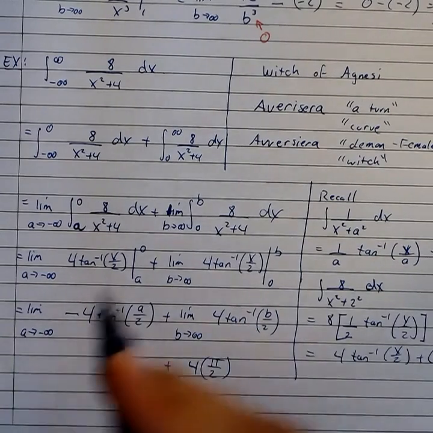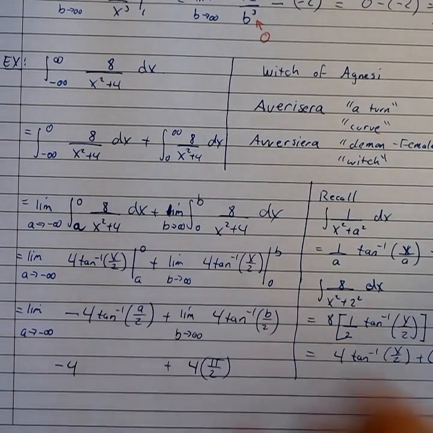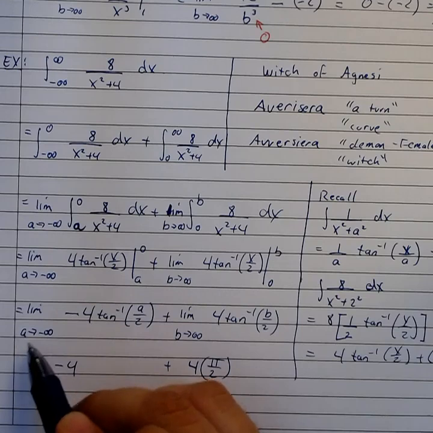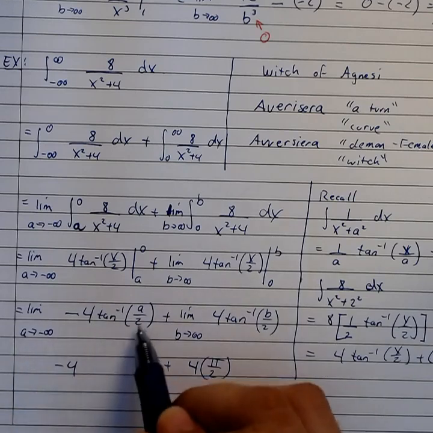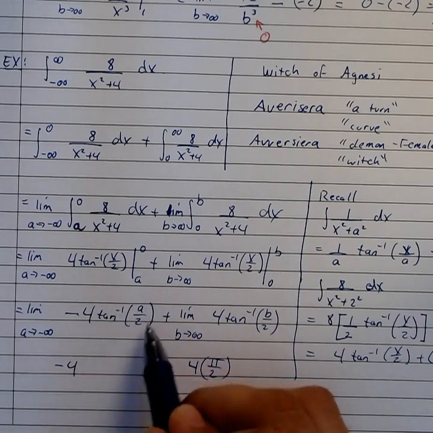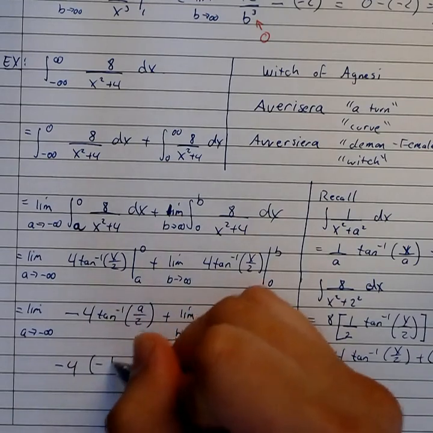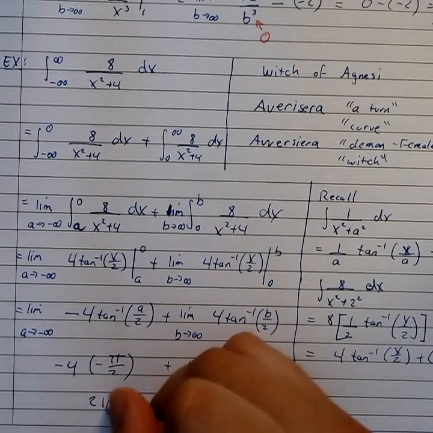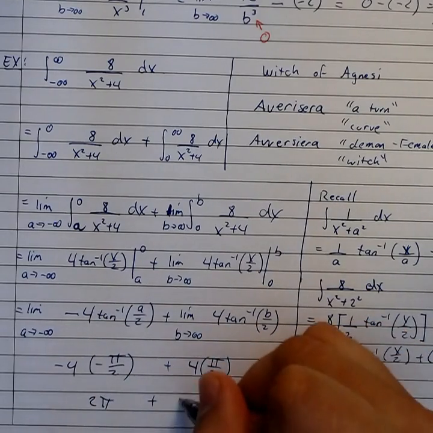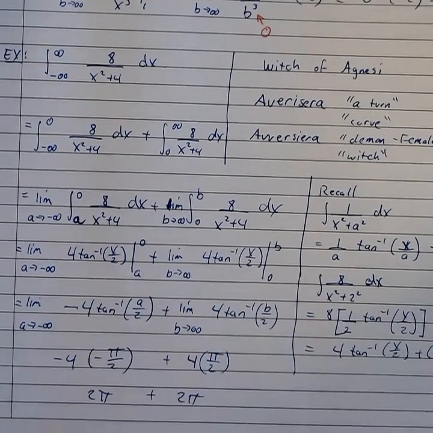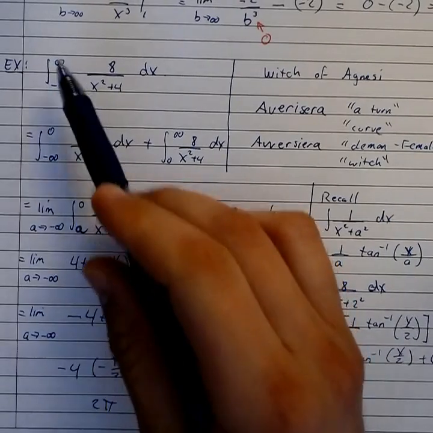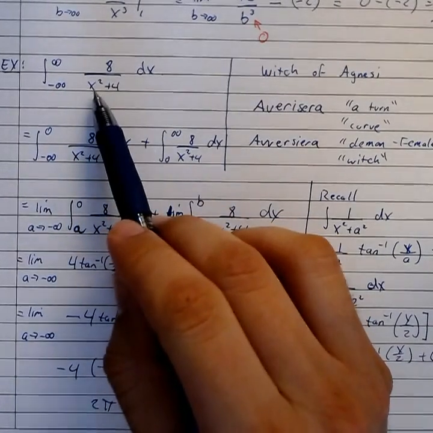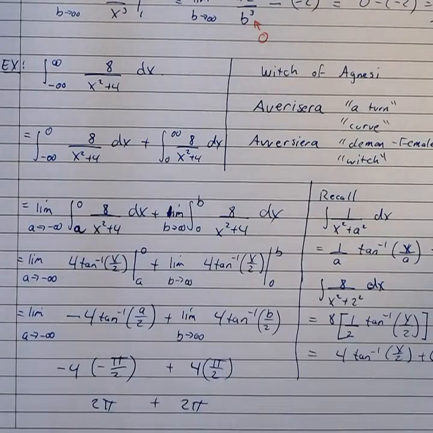Right. And then over here, that's going to be negative 4 times. And we saw that as a approaches negative infinity, well, that's going to approach negative infinity. But the arctangent, as you approach negative infinity, is negative pi over 2. So that's going to give me positive 2 pi. And that's also going to give me positive 2 pi. So if you take the integral from minus infinity to infinity of 8 over x squared plus 4 dx, you